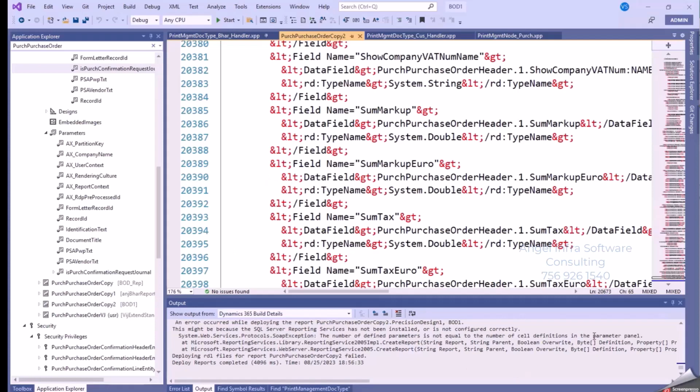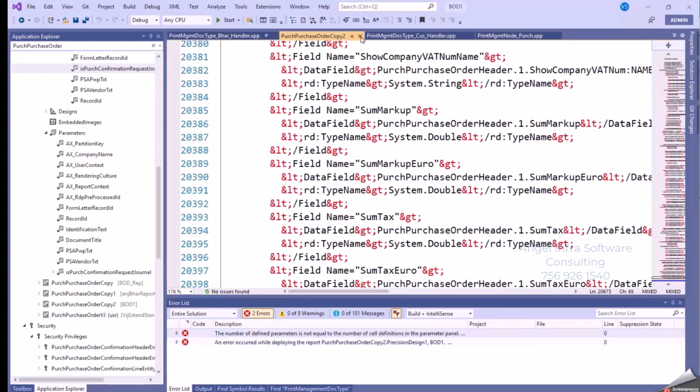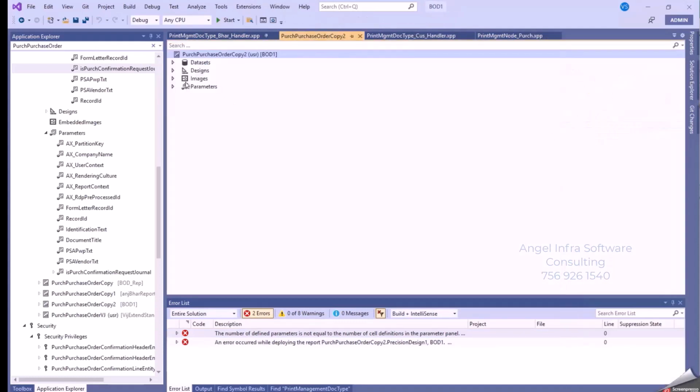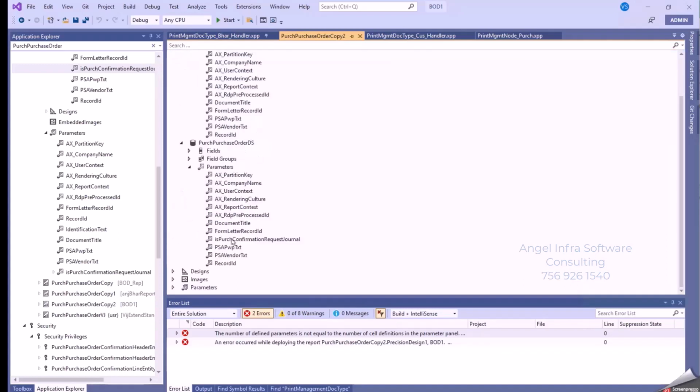Cell definitions in the parameter panel. The number of error is here. An error occurred while deploying. Okay. Number of definitions. Okay. Close this. And if you open it here, data sets, parameters. Just dataset 1 parameters is patch confirmation request journal. Any other